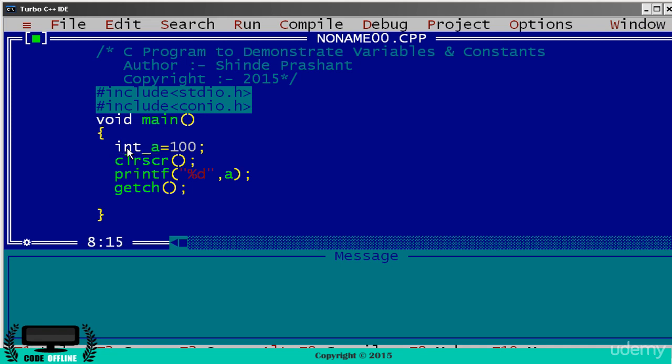When I declare this variable, the compiler reserves space inside the computer's memory for variable a, and after that I use the equal sign, that is the assignment operator. With the help of this operator, it stores the value 100 to that location. When the program control reaches the third line, it clears the screen, and